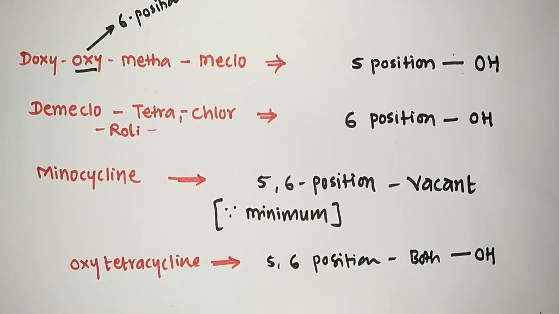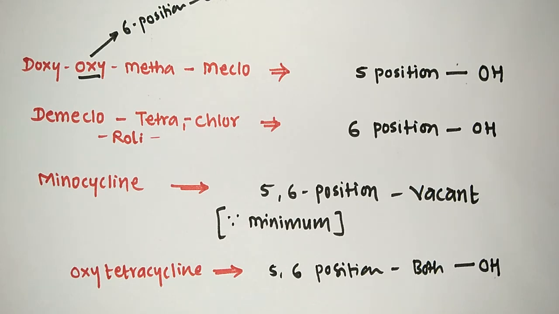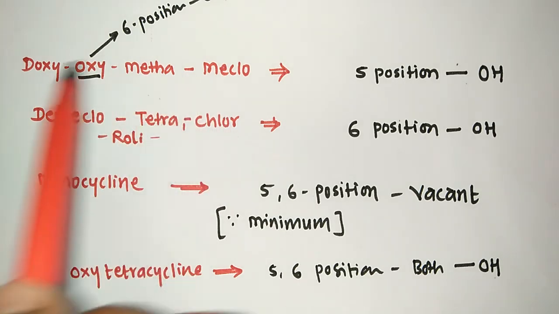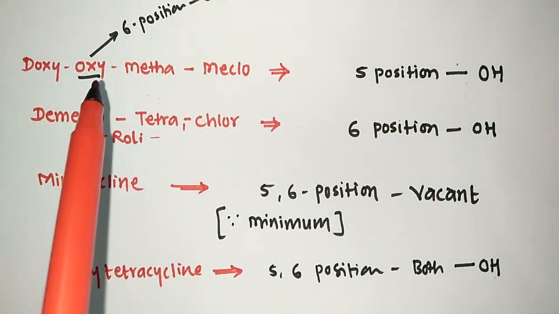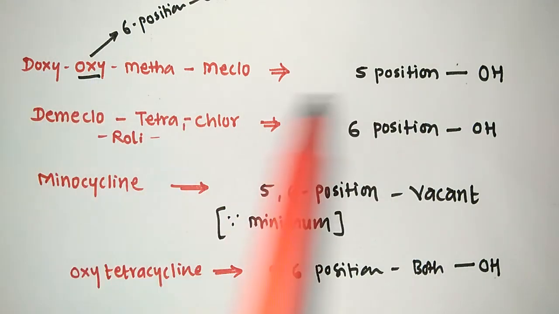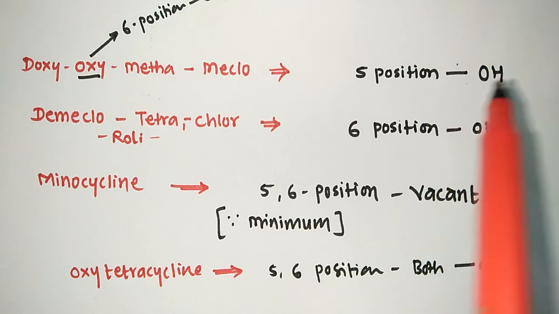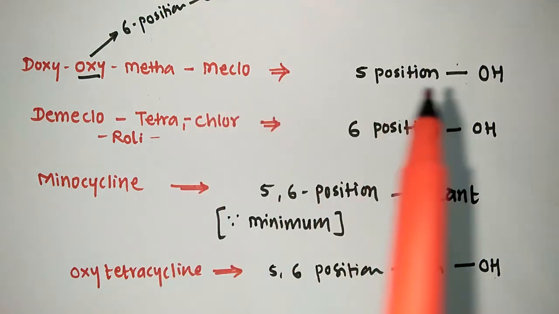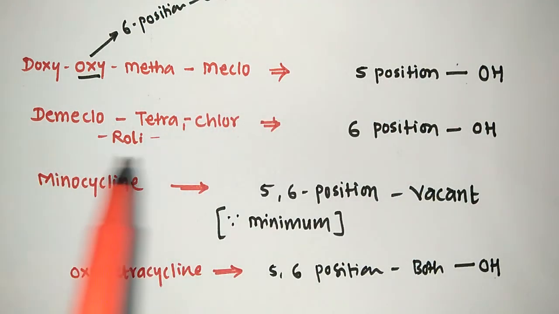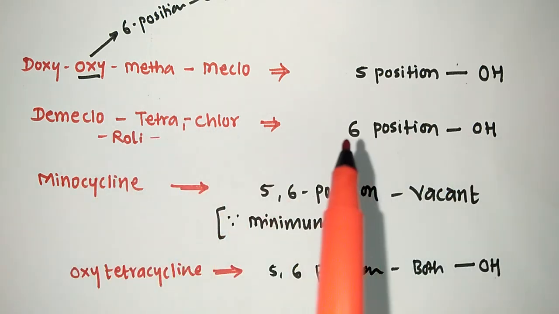So just overlook all the data we already studied, comparing tetracycline with the other members of the tetracycline antibiotics. We learned doxycycline, oxytetracycline, metacycline and meclocycline. All these compounds contain a hydroxyl group at the 5 position, and among these, oxytetracycline contains a hydroxyl group also at the 6th position. Doxycycline, metacycline and meclocycline contain only one hydroxyl group at the 5th position. Other members of this family, that is dimeclocycline, Rolitetracycline, tetracycline and chlortetracycline, contain the hydroxyl group at the 6th position